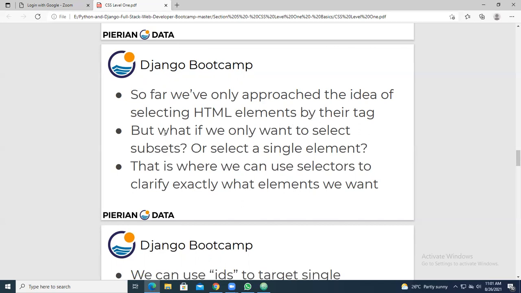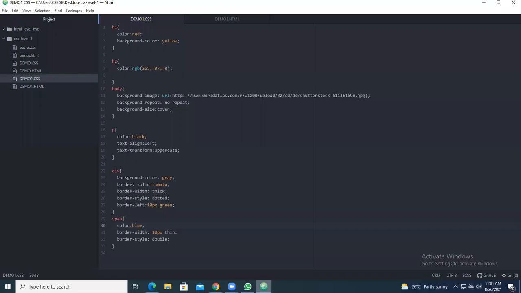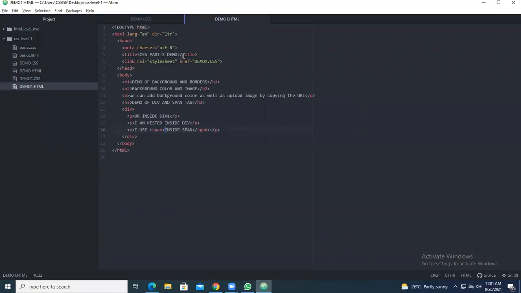But what if you want to select only a subset? Subset means for each tag there will be an attribute. The best example I will tell you: what is the attribute?